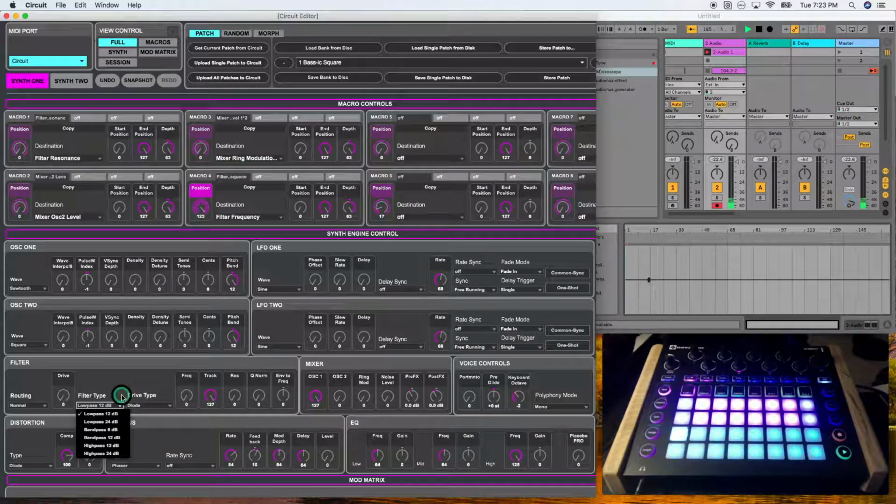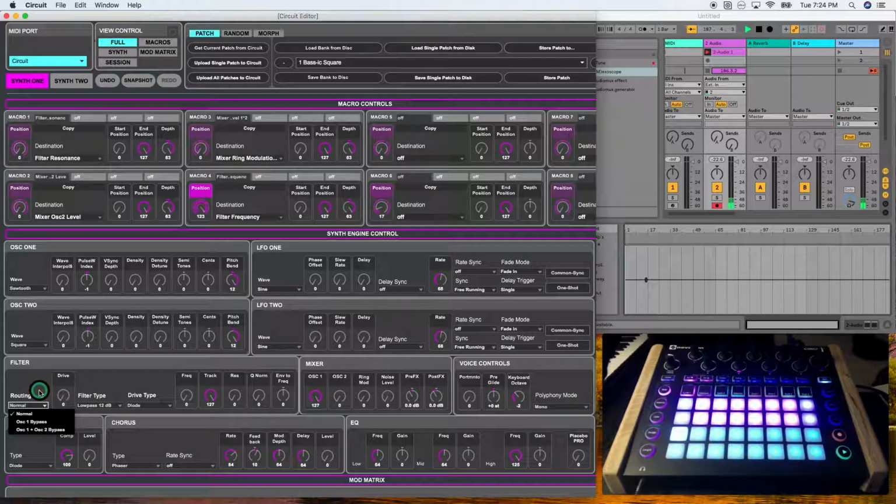Band pass means that as you increase the filter cutoff, both high and low frequencies are cut out of the sound. And high pass means that as you increase the frequency cutoff, low frequencies are cut out of the sound. You can play around with those. The distinctions are obvious, so I'm not going to demonstrate the sounds here.